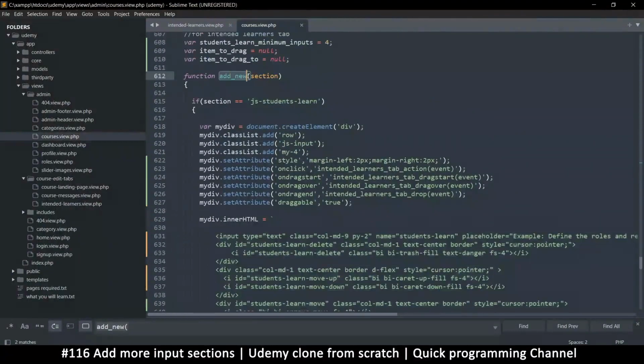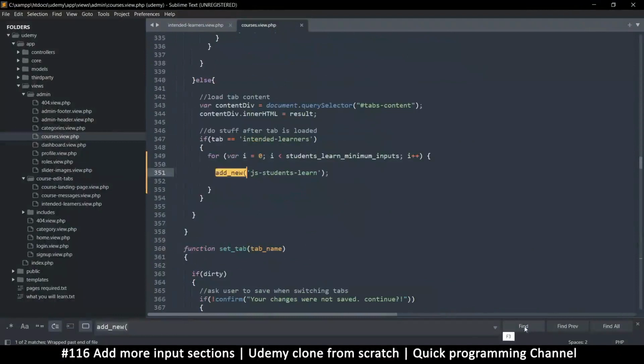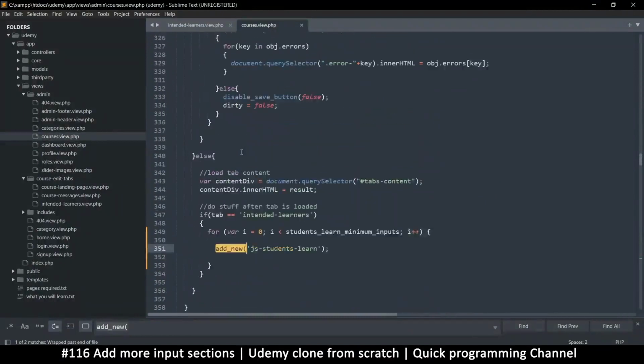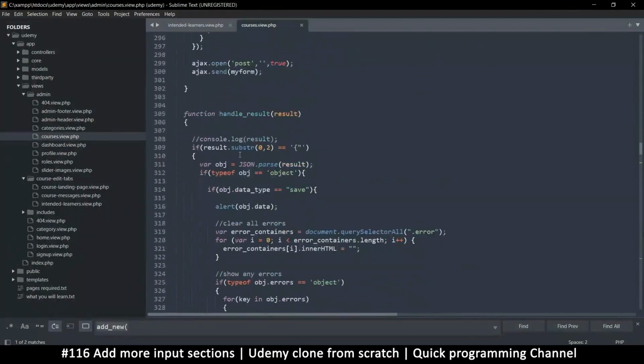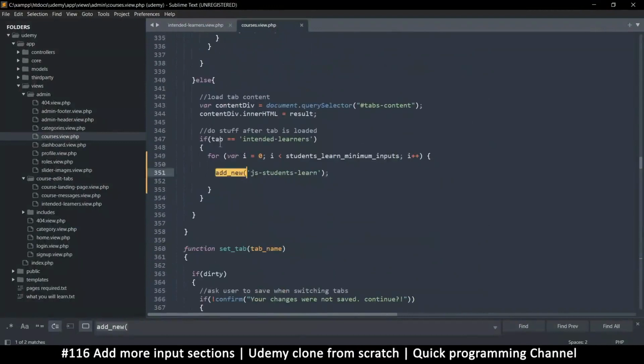So we have add item, and where are we using add item here? Let me go back. So I've searched to the handle result function, and down here we have if tab is equal to intended learners, which we are already on, then we can add the minimum of these ones,